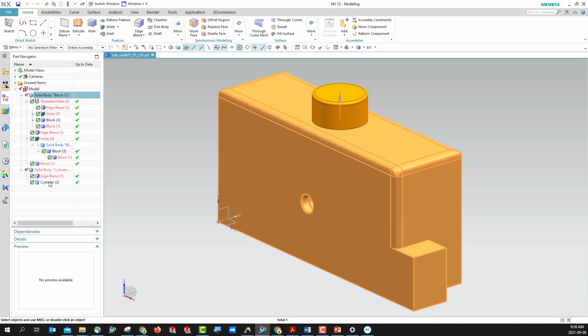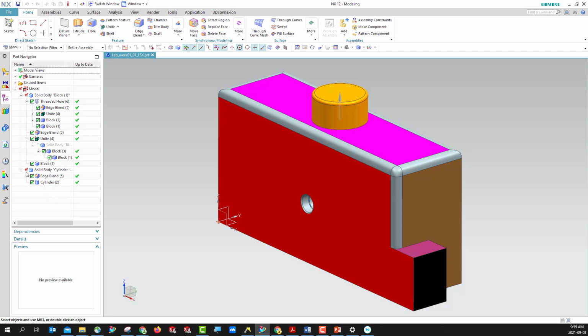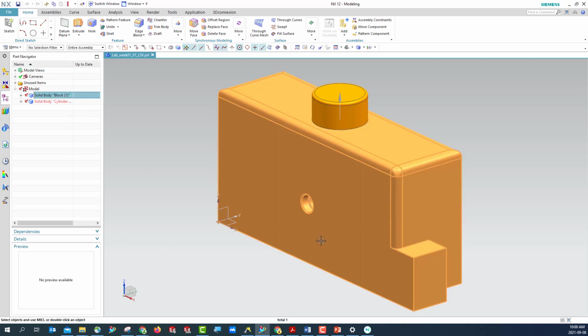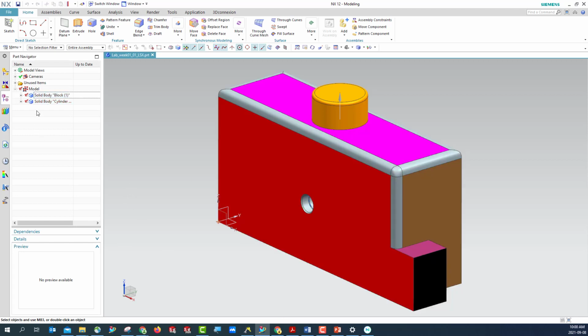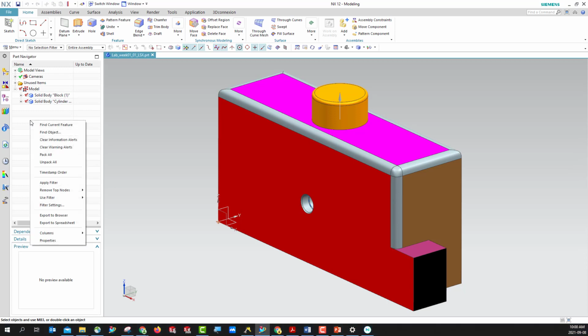And also here, you can see we have two solids. One is solid block 1. If we click here, it's this part. And we have another solid, which is this one on the top. So we can switch between